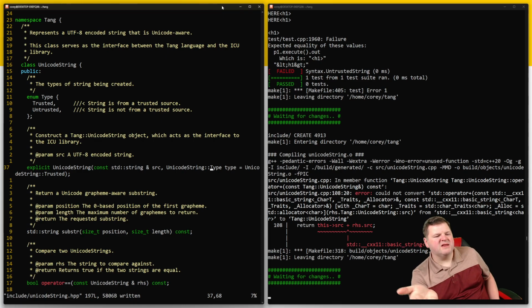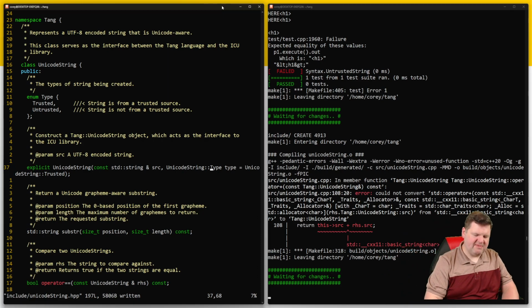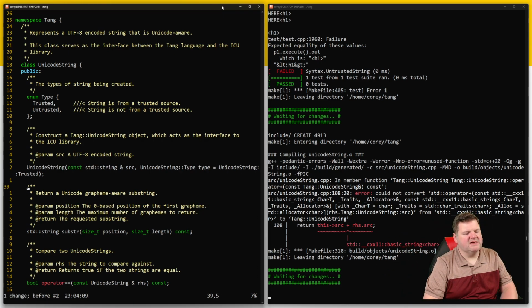And so by putting the keyword explicit here, we're basically saying, don't do this automatically. But I kind of wanted it to be done automatically. But maybe then the problem is that I need it